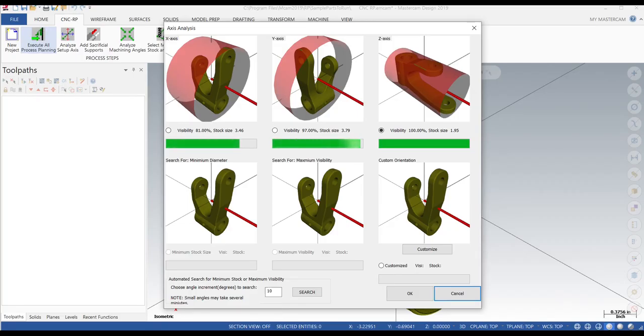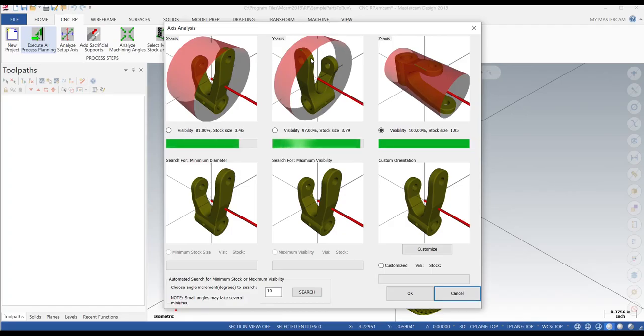As you can see here, your part will be shown within the stock material, with its radius being in red. And this red bar shows where your supports will land. So for instance, if I was using this Z-axis, my supports would land on this side of the stock material and this far side of the stock material. For the Y-axis, it'd be this front face and the back face, etc. This is an important thing to keep in mind